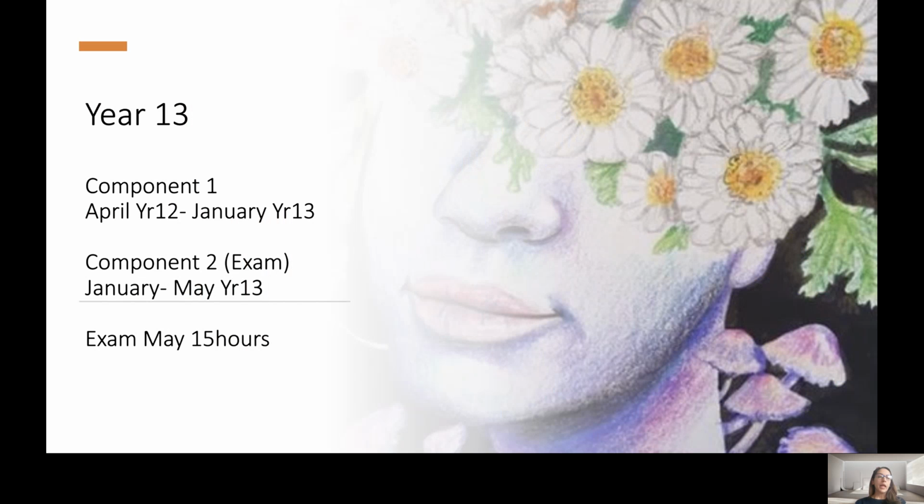So component 1 is starting at the end of Year 12. So from the April of Year 12, whereby they're able to work with members of staff to develop an initial concept, and then that will go through into the January of Year 13. So that is an independent unit of work. Students are able to pick their starting point. They develop a series of observational responses, photography, design ideas and so on, and most importantly looking at contextual references of things around them. So whether that's historical references, references that are in the media, in the news